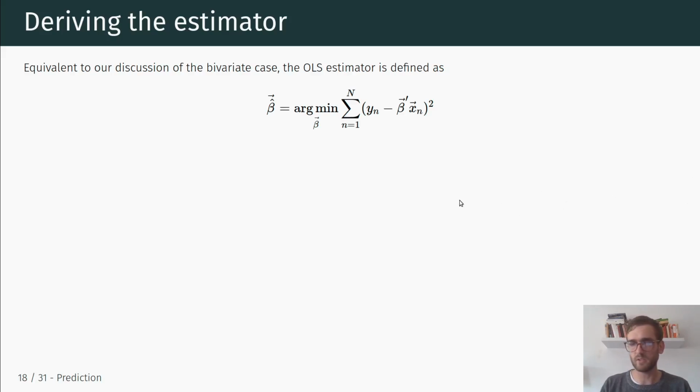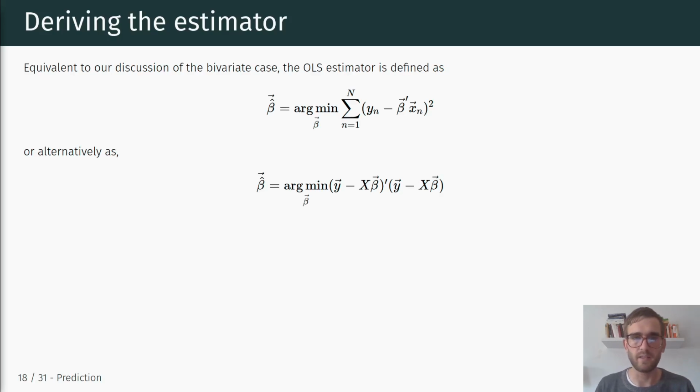We could also specify this using the matrix notation. In the matrix notation, rather than writing the sum of squared residuals as yn minus beta prime xn squared and then summing over all observations n, we would just look at y vector minus X beta, transposed, times y vector minus X beta vector. Okay, so if you look at these two,